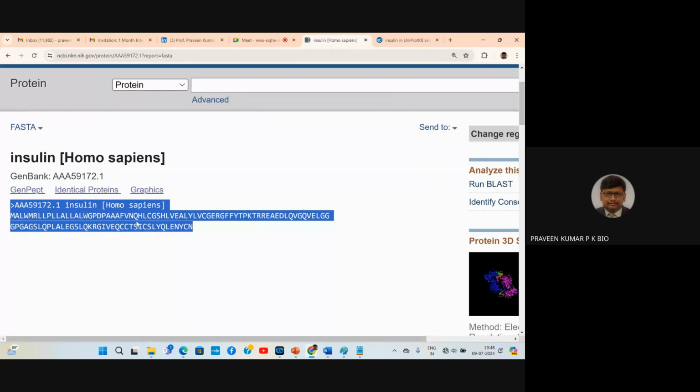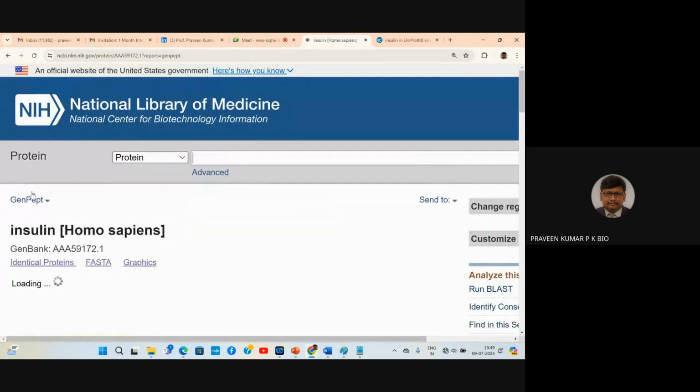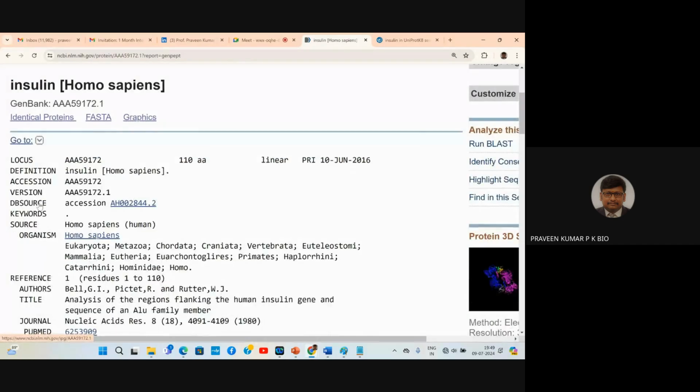So there is a FASTA format. Simply what you can infer from this is the amino acid sequence of a protein shown here. But it is a no annotation format. No annotation. You don't find much information. Almost no or nearly no annotation is found. But if you want to find some information,